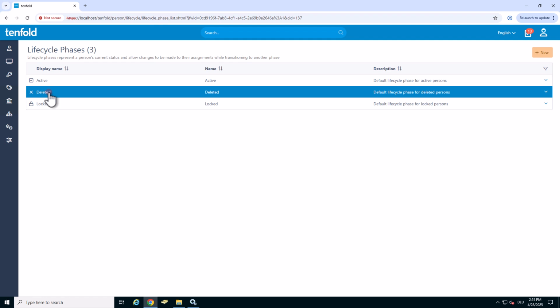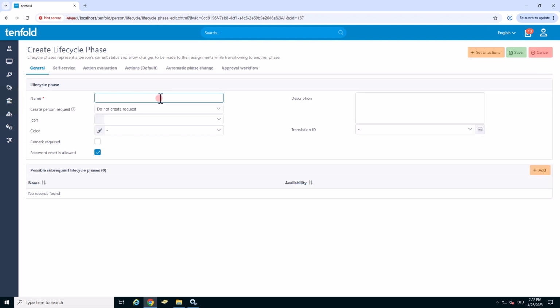The most common additional lifecycle phases would be parental leave, long-term absence, or an intermediate phase for in the process of leaving. For our example, we will create a new phase, parental leave, using the new button.